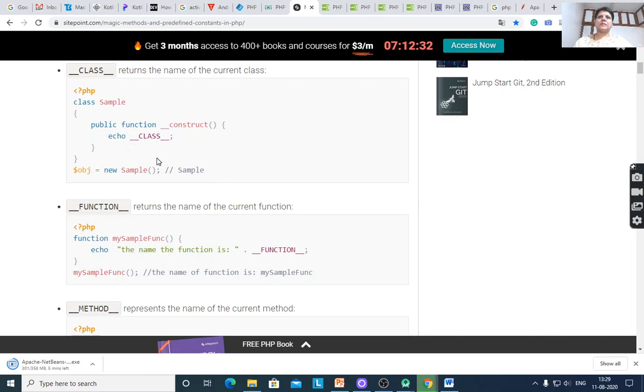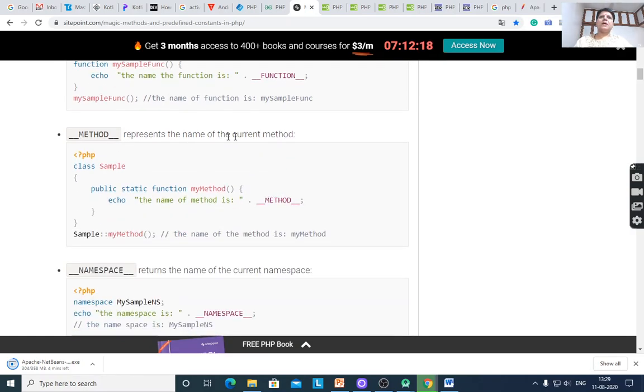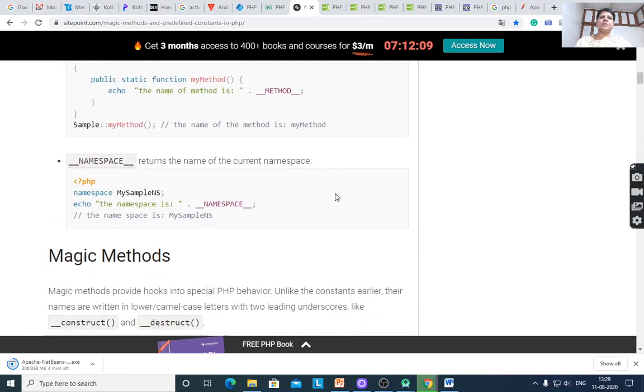Echo class shows the name of the class. Function is the name of the current function; suppose function my sample function, it will display the name of the function. Method is the name of the current method; suppose public static function my method, it will display the name of the method.